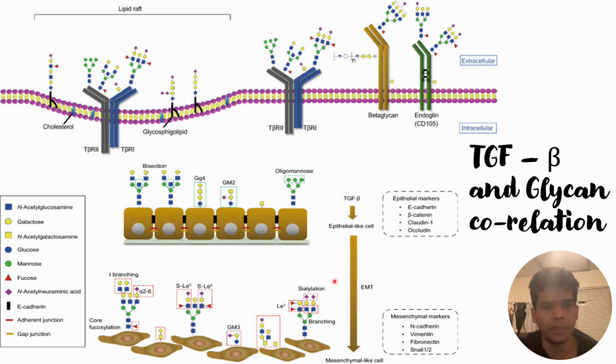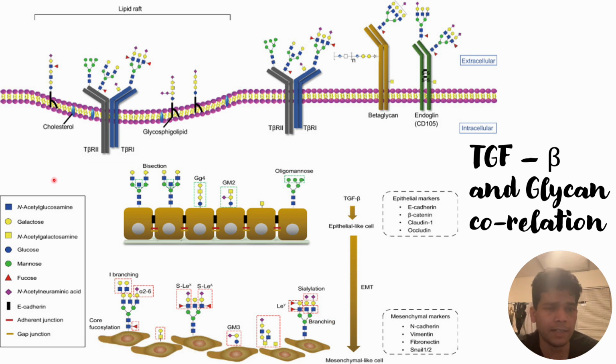The second figure, or panel, on the bottom provides the information that whenever TGF beta interacts with the cells, or more specifically tumor cells, it will induce mesenchymal-like properties. When epithelial cells interact with TGF beta, it will induce mesenchymal properties. And what are the changes that occur when the cells acquire this mesenchymal characteristic is shown here.